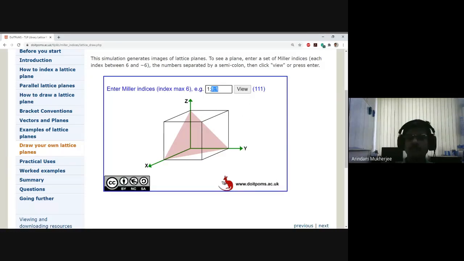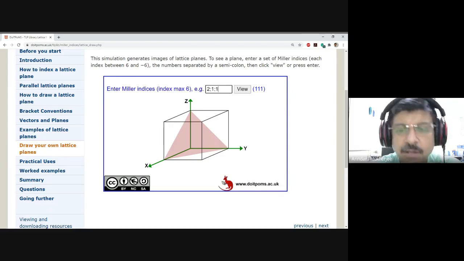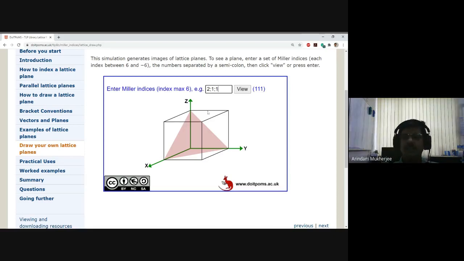Now let us put our values. We have to use semicolons. 2; 1; 1. So now 2 is where? On the x-axis. Reciprocal is half, so it should be somewhere here. Half. The other ones are 1 and 1, so the plane should be coming like this. There we go. Right? Now I make this one also 2. So again, I made the y-axis also half, so it should be here. The rest will be intact.